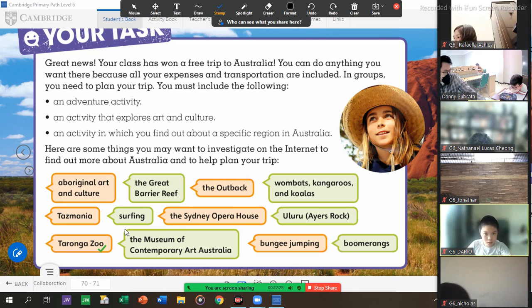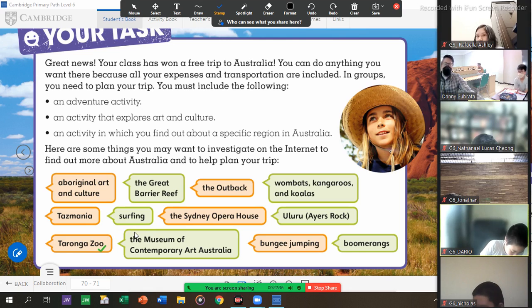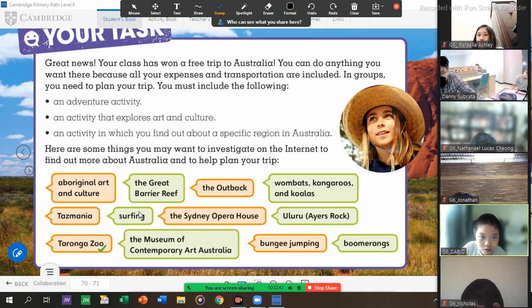Tasmania, the Tasmania Island. That is where the Tasmanian devil is, the animal of Tasmania. I don't know if it's still there or if it's already extinct. In Australia. Which one? Uluru. Okay, Dario wants to go to Uluru.